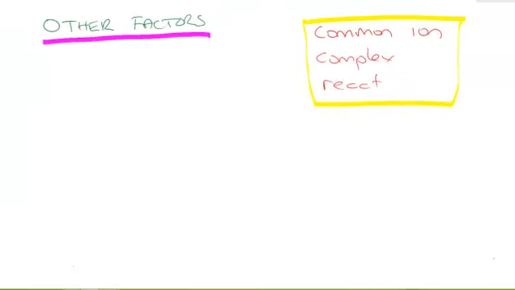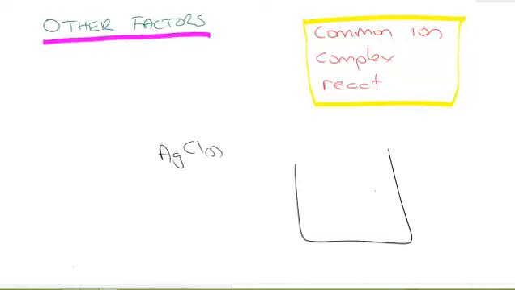Okay, now there are some other factors that you need to be aware of in regard to equilibrium and whether they're going to have an effect or not. So one is the common ion effect that you're hopefully already familiar with by now, and that is, for instance, if we had a solution of silver chloride and we're trying to dissolve it, if there are already chloride ions in there, if there are already silver ions in there,